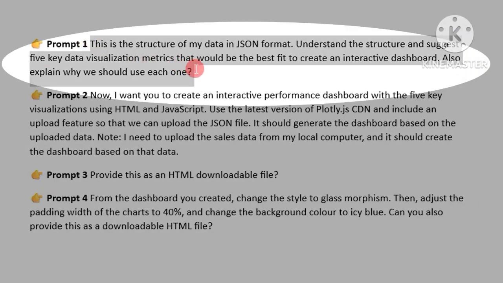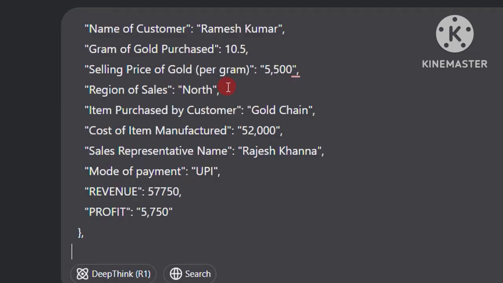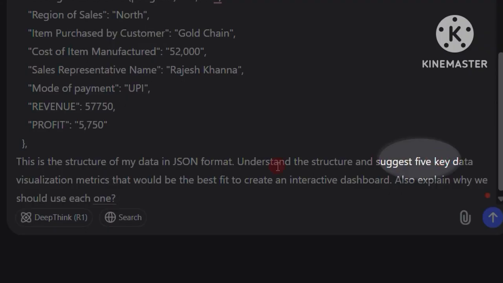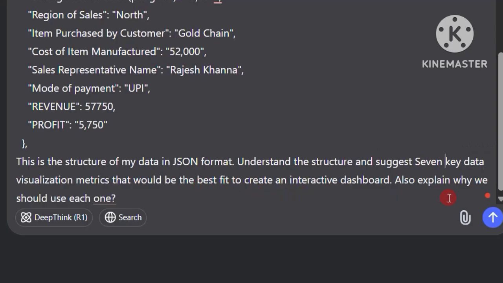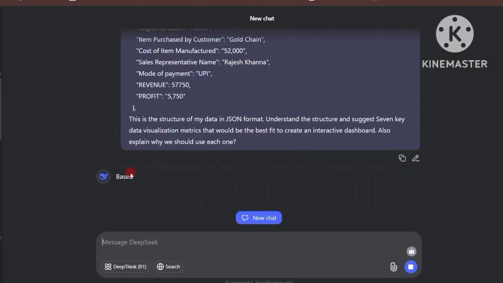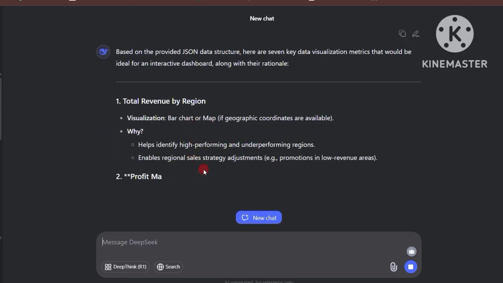I'm highlighting the prompt. This is the structure of my JSON format. Kindly understand the structure and give me any 5, 6, 7 depending upon your requirement. Suggest any 5 keys. Rather than 5, let me write 7. I'll show you both, 5 keys also, 7 keys also, data visualization metrics that would be the best fit to create an interactive dashboard. Click on this, and within 5 seconds your AI tool will give you the 7